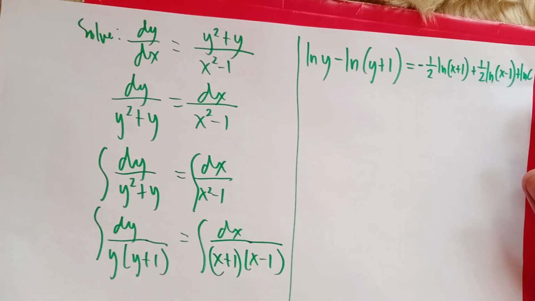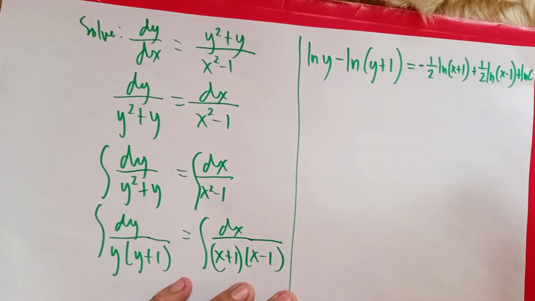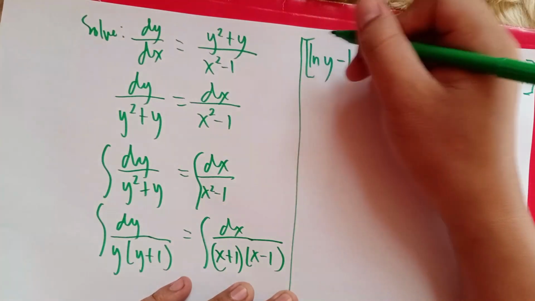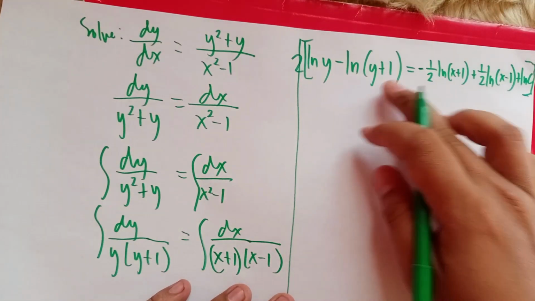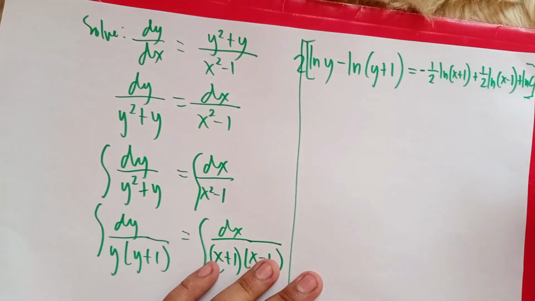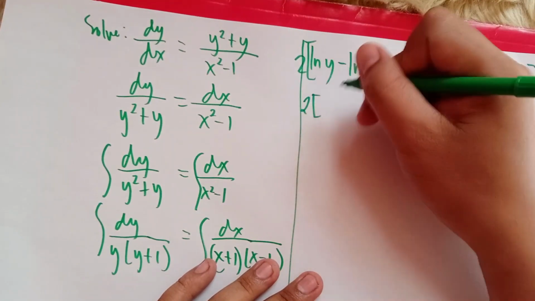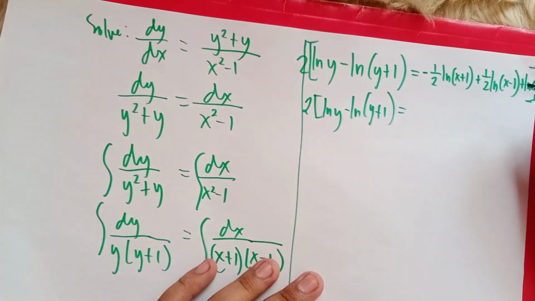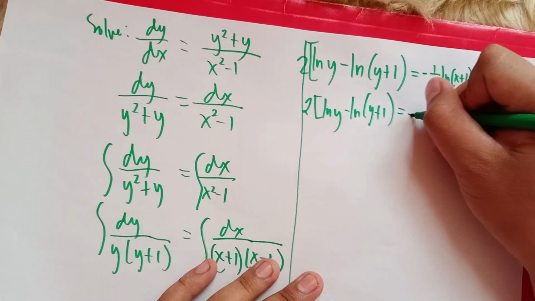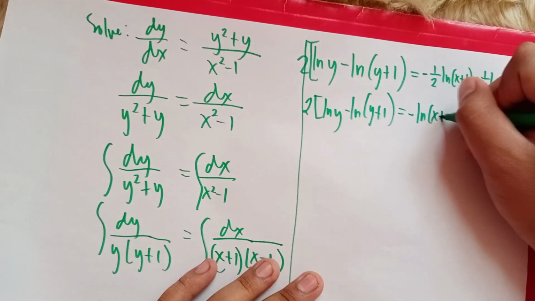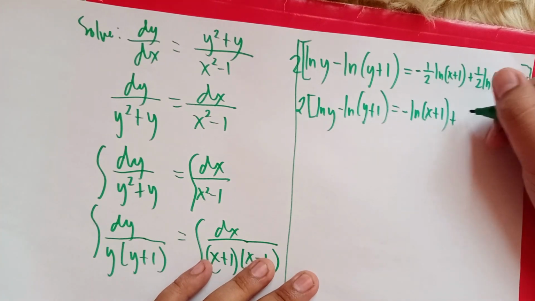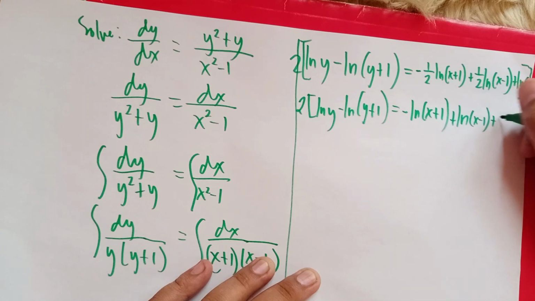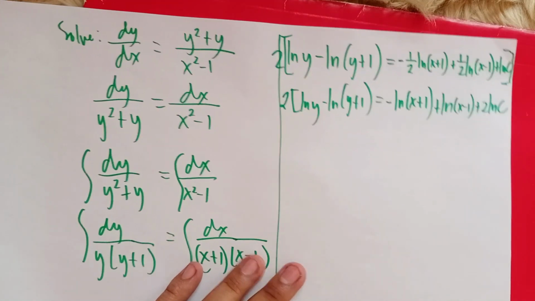Here we go. So, what we will do, mga boss, is simplify. So, here, we multiply the whole equation by 2. Okay, we multiply by 2, mga boss, the whole equation so that the denominator is gone. So, this is now equal to 2 times the natural log of y minus the natural log of y plus 1 equals, so cancel the 2, this is now negative natural log of x plus 1, okay, plus natural log, cancel the 2, x minus 1 plus 2 natural log of c. Okay,